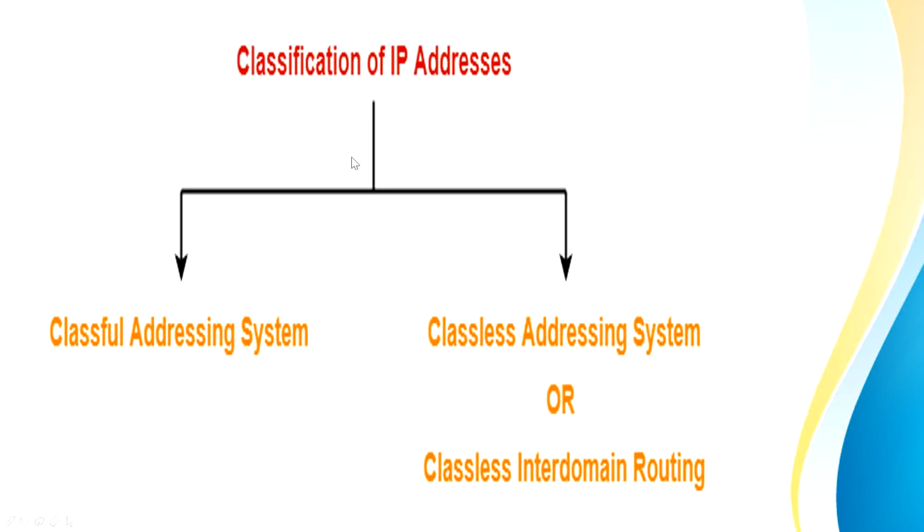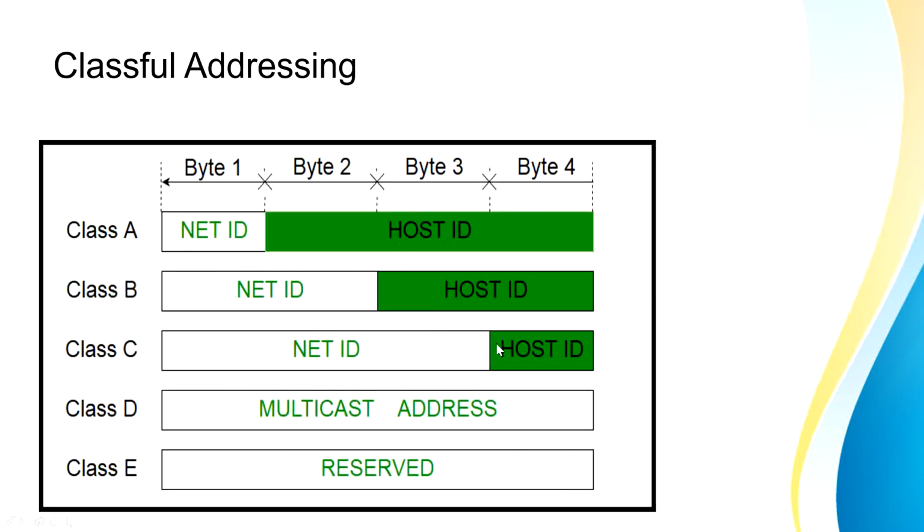IP addresses are classified into classful addressing scheme and classless addressing scheme. So in classful addressing scheme, we have actually 5 classes, out of which we are going to be focusing only on 3 of them. So class A, class B and class C are our areas of interest. Class D is used for multicasting. Multicasting मतलब एक एड्रेस दिया जाएगा पूरे ग्रुप ऑफ मशीन्स को, and class E is reserved. So we are not going to deal with class D and class E. Rather, our focus is going to be only on class A, class B and class C.